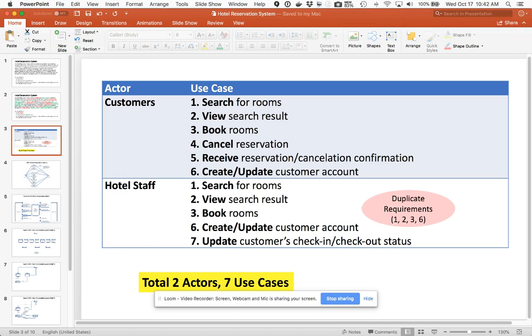All right, so now what's interesting is 1, 2, 3, 6 are duplicate customer requirements, and so I've labeled them, so I'm not creating a new requirement. What's interesting here is receive is, there's a bunch of things not stated as the hotel staff. So that when the hotel staff creates a booking, as an example, they're not going to receive a notification, right? All right, so I have my 2 actors. I have my 7 use cases. And if I draw my UML,